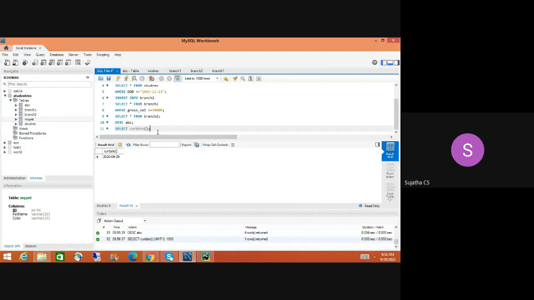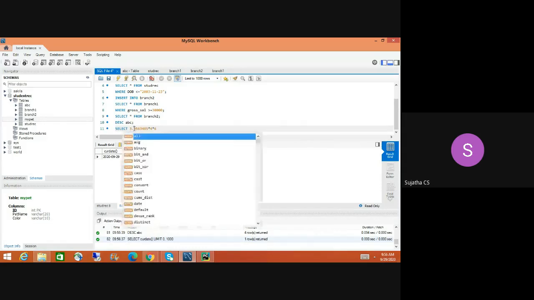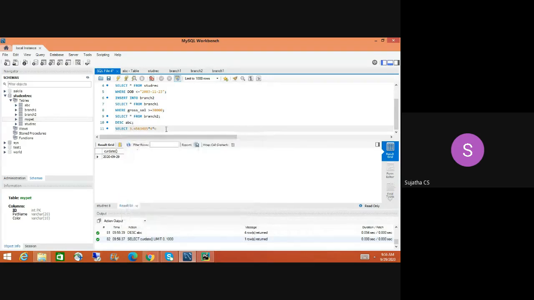Okay, so I want to calculate something: 3.4 into 4 into 6. I want to calculate this, how will it display here?